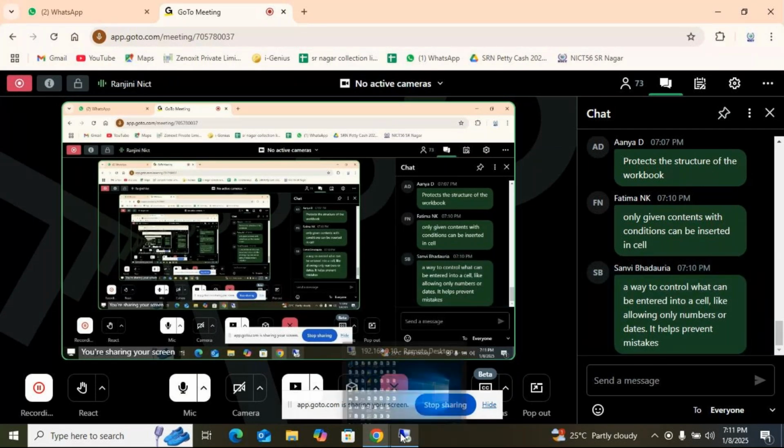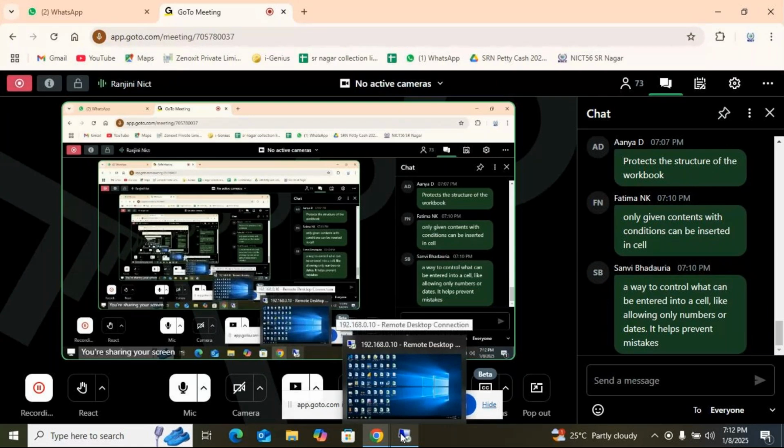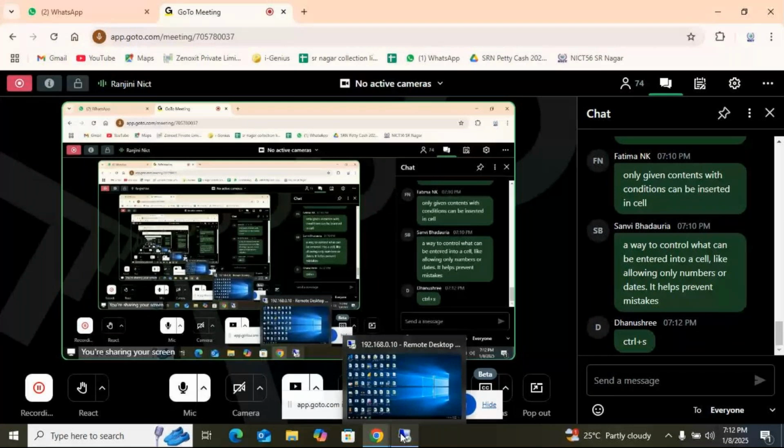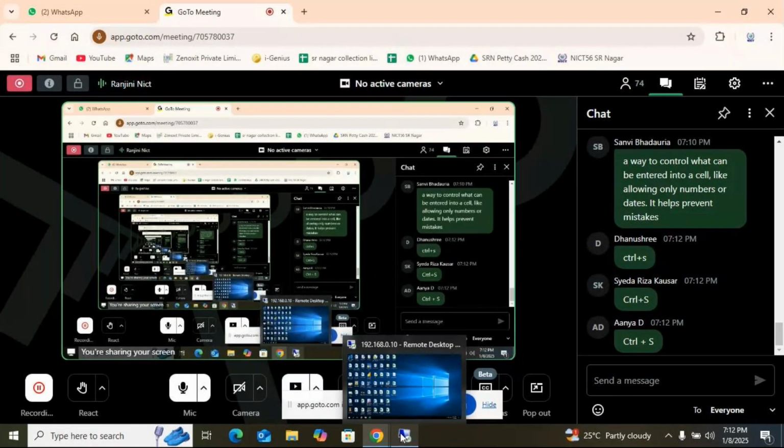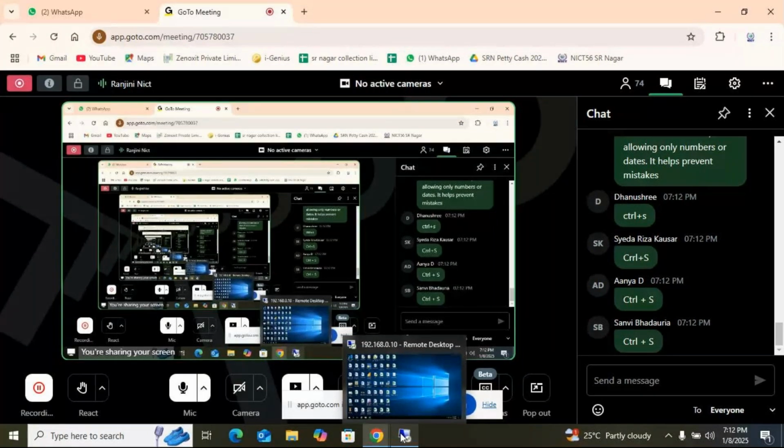Okay, what is the shortcut key for save? What is the shortcut key to save your file? Am I audible? To open an existing file,